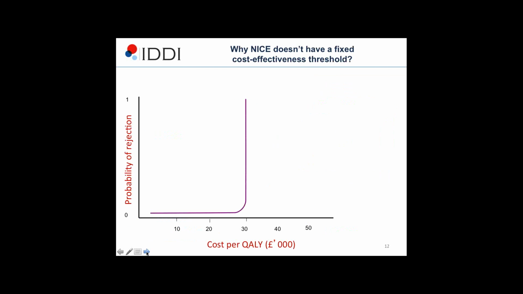Now you might say, well, this is all very well, Rod, but it sounds a bit theoretical. How might I go about doing this? Well, just before I indicate that, here's just an interesting graphic, basically a cartoon showing that clearly your probability of being rejected by a payer is going to be much greater as your cost per QALY increases. But the point I want to make is that it's not a line where you just literally go vertical at 30. It's probably more of a sigmoid curve. And the reason I want to emphasize this is that there are other things that payers will take into account, typically when they're making decisions, and we'll just go through what some of those issues are.